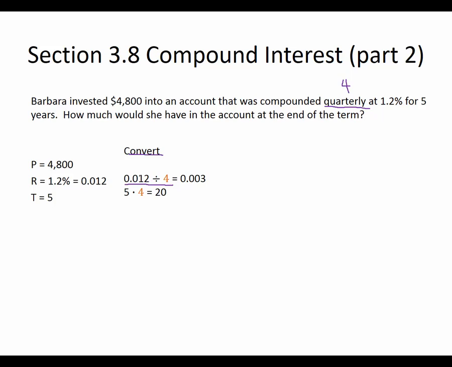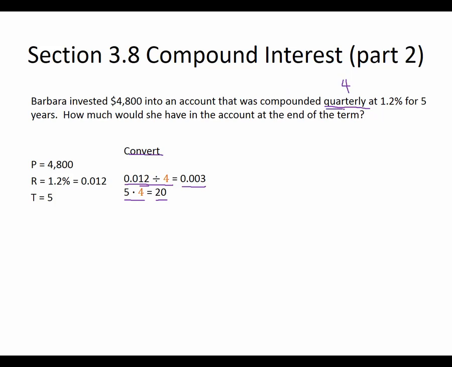0.012 divided by 4, that's 12 thousandths, divided by 4 becomes 3 thousandths. You can punch that in a calculator, but if you understand how decimal numbers work, you could probably figure out that 12 thousandths divided by 4 is 3 thousandths without a calculator. Punch it in the machine anyway, just to make sure. And then 5 times 4 you can hopefully do without a calculator, right? So that will give you 20. Excellent. So you're just taking the rate and dividing it by 4, taking the time and multiplying it by 4,